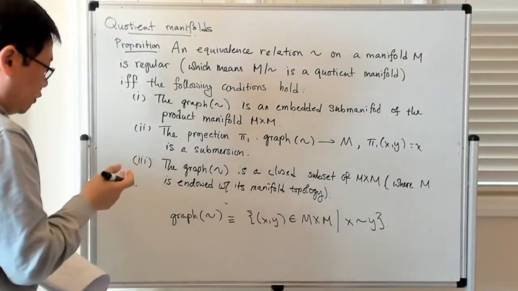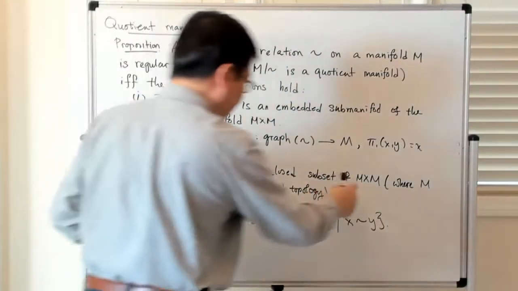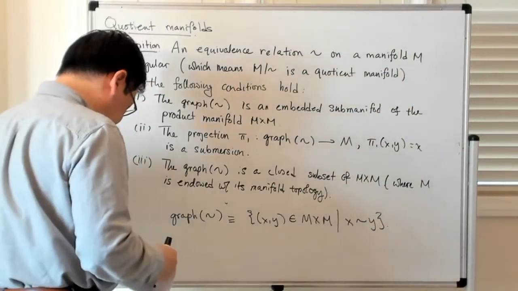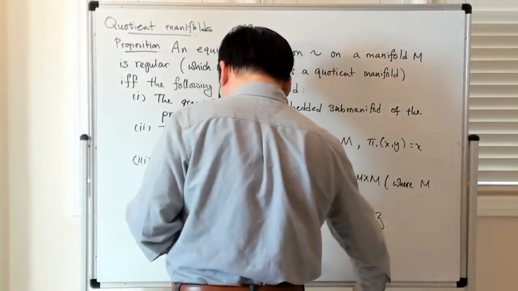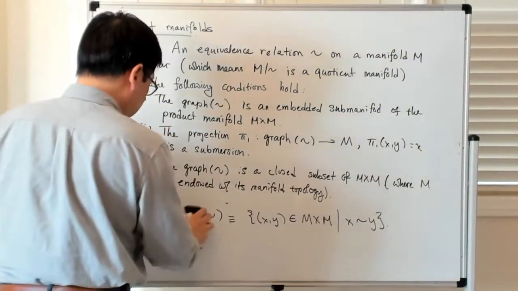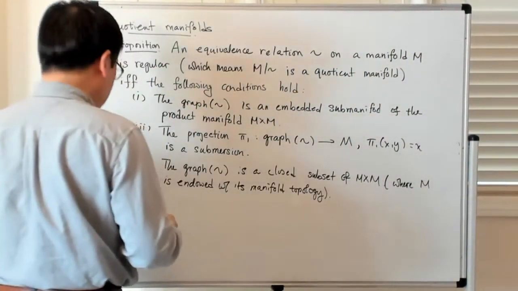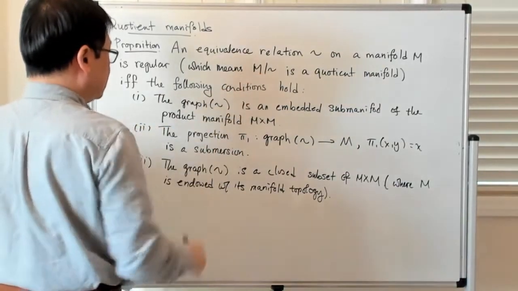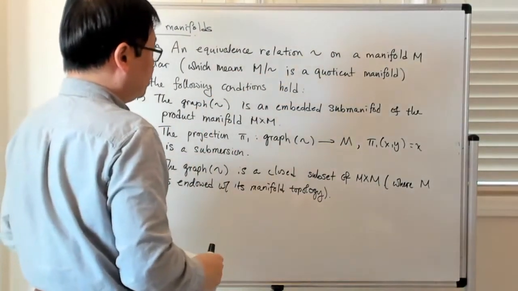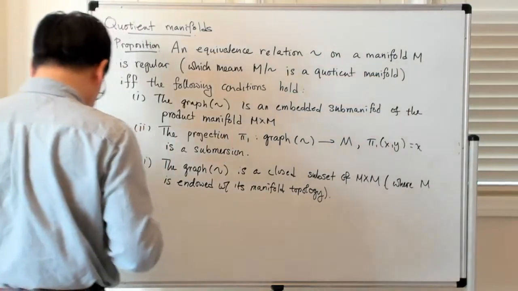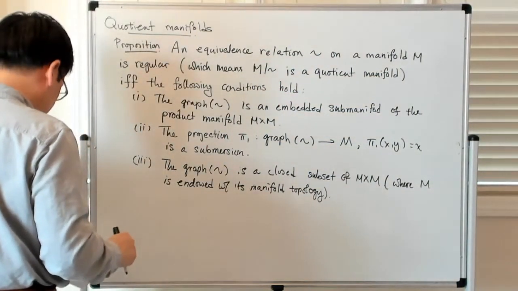Okay, so you endow M with the manifold topology, and then that induces a topology on M cross M. Okay, all right. So if all these conditions hold, then again, M quotiented by the equivalence relation is a quotient manifold, and you can also see that the dimension